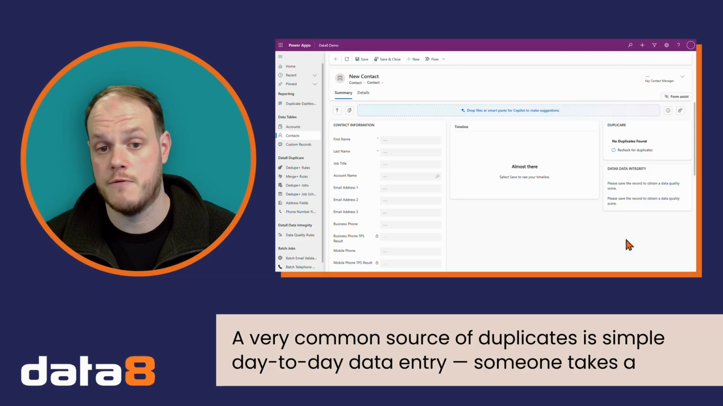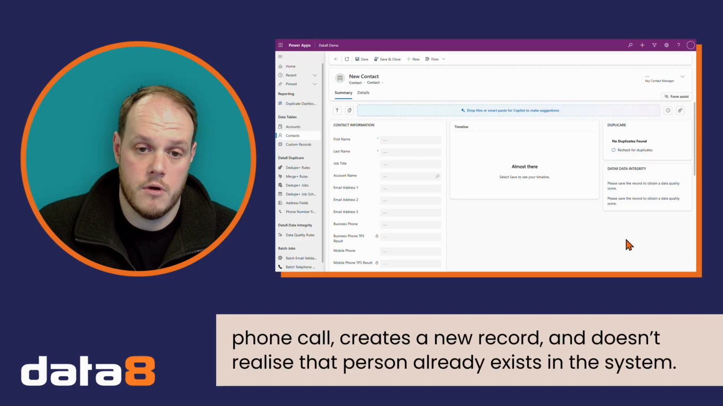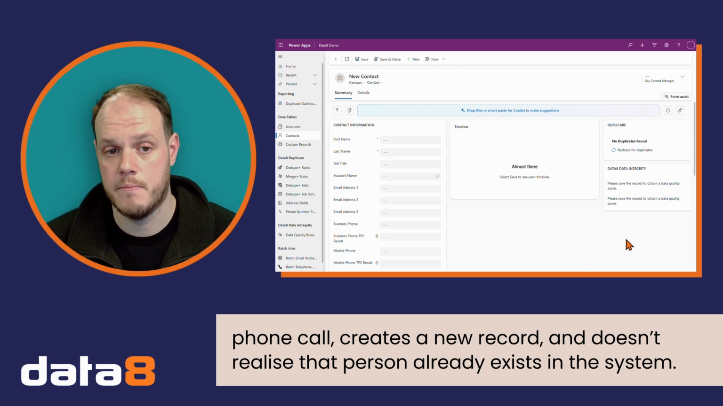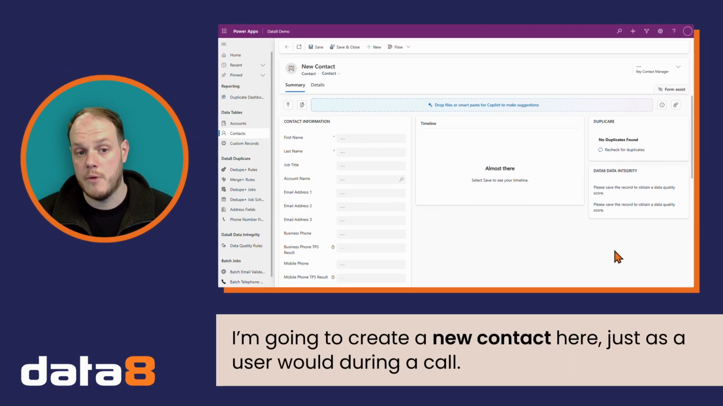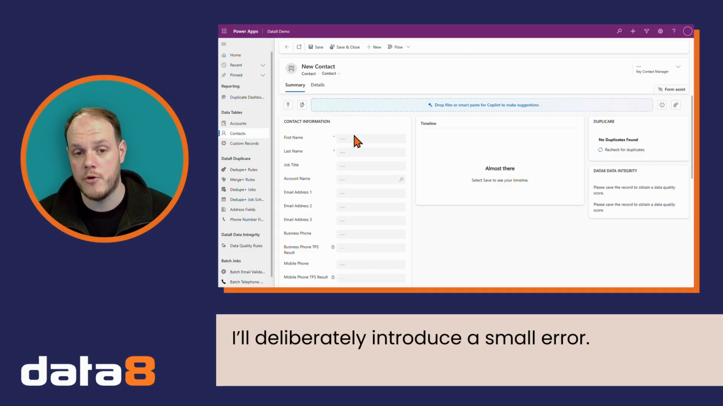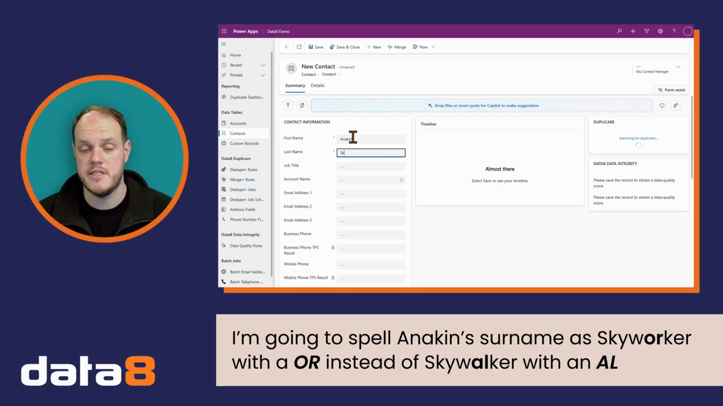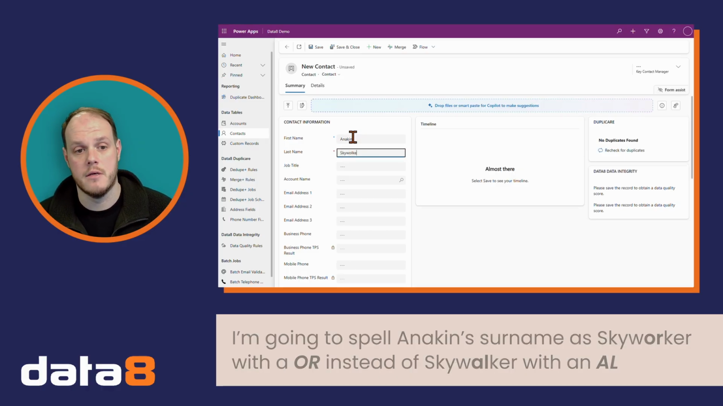A very common source of duplicates is simple day-to-day data entry. Someone takes a phone call, creates a new record, and doesn't realise that person already exists in the system. I'm going to create a new contact here, just as a user would during a call. I'll deliberately introduce a small error. I'm going to spell Anakin's surname as Skywalker with an OR instead of Skywalker with an AL to show how